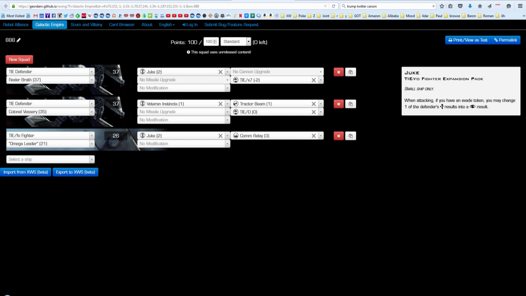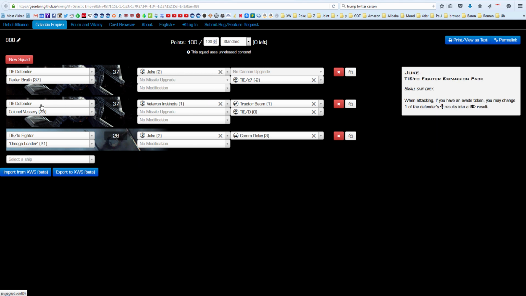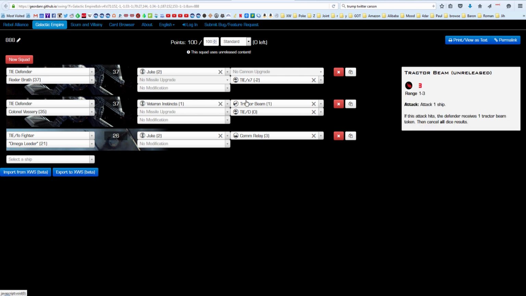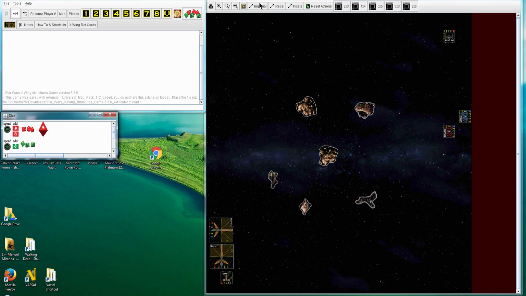Phildo's list is Rexler Brath with Juke and the X7 title, which is great synergy there because even if you bump, as long as you choose a 3, 4, or 5, you're going to get that evade for Juke. Vessery with VI and Tractor Beam, and Omega Leader with Juke and Comm Relay, which is great. 26 points. So